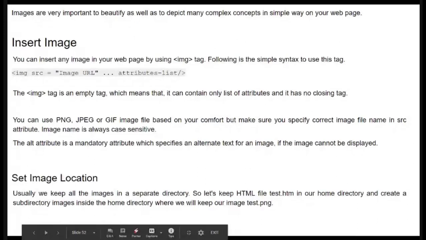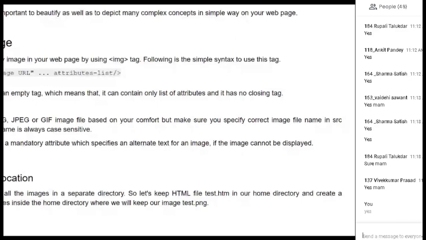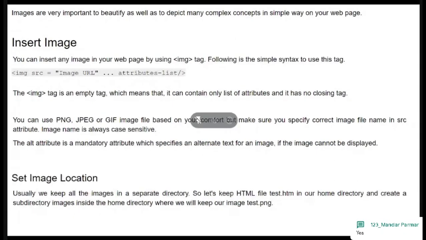Okay. So let's have a program on the image file. Just give me 2 minutes.